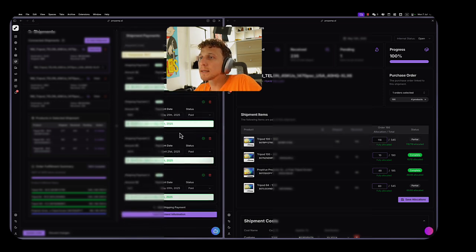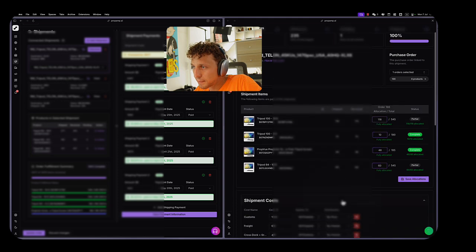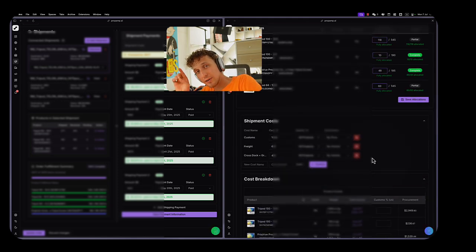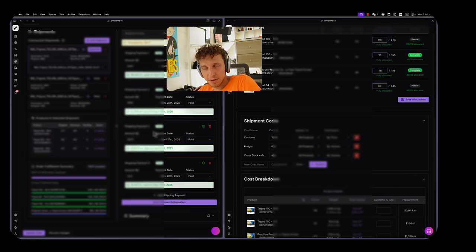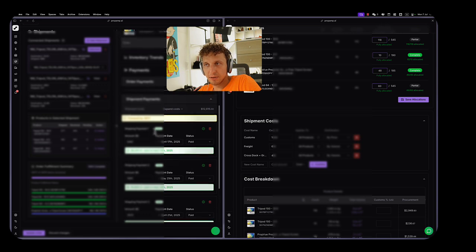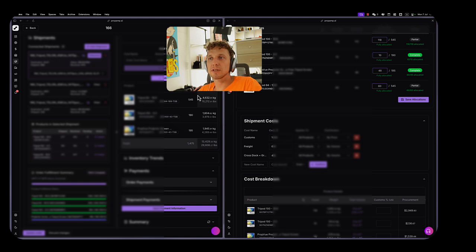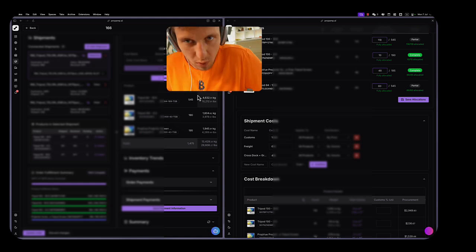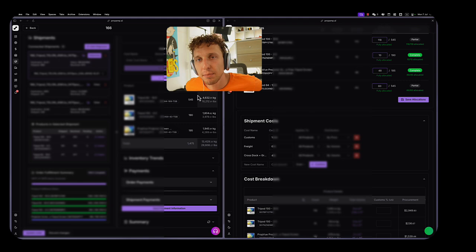Again, once you're done with the shipment costs that you incur on the shipments, they automatically appear here in the purchase order costs for convenience, and you can assign whether it's scheduled or paid, just to give you a proper payment calendar. Because if you operate one purchase order per quarter, it's not a big deal, right? But if you operate several purchase orders to several countries and you are negotiating with different freight forwarders, it's going to be a nightmare